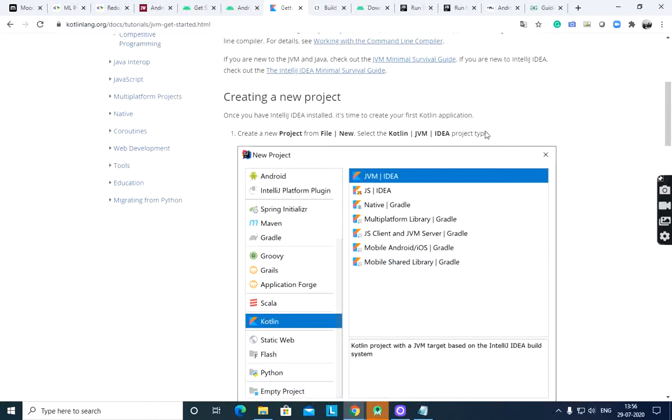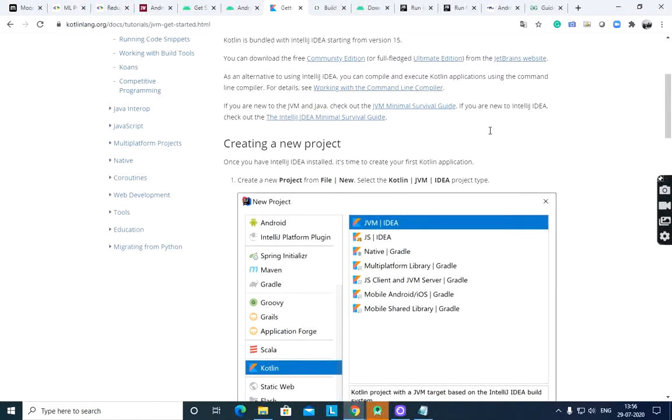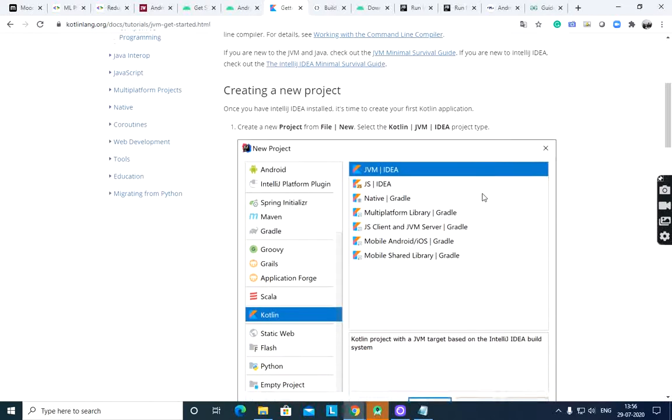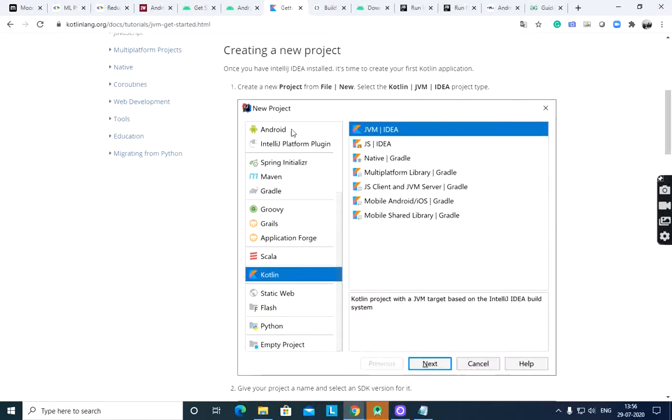When you want to use IntelliJ IDEA for Android programming, once you have IntelliJ IDEA installed, open a new project: from file, new, select Kotlin, Kotlin JVM IDEA.